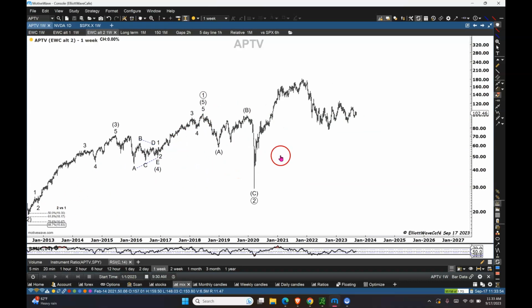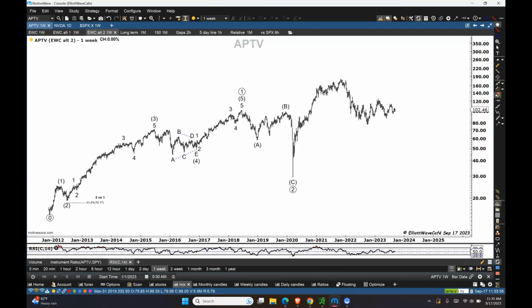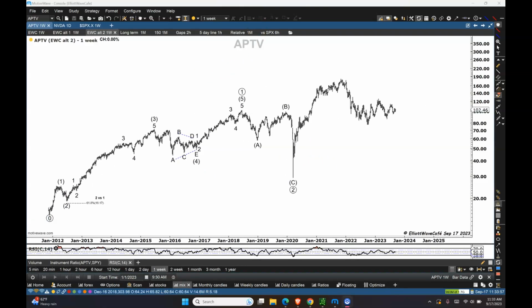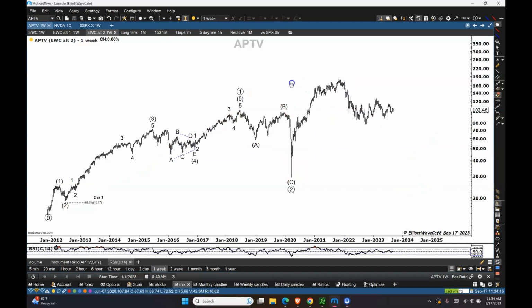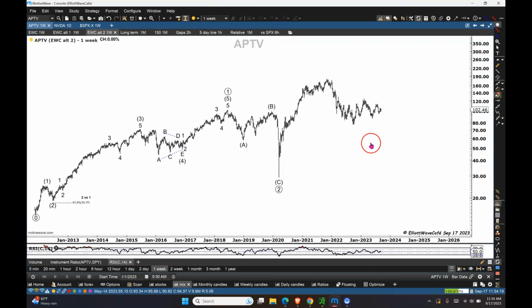Now sure, some people might say, well, you're counting it 1, 2, but this can always be like an A, B, and then like this. So you have a wave A, a wave B, and then a wave C, and let's say this move is done, and then you're going this way for the next several years. Sure, it's possible, but we're going to go with the idea that these stocks grow, they have good earnings, they're in the S&P 500, they're one of the best, and they have a tendency to continue to rise. So we're going to assume that there is a third wave in progress,